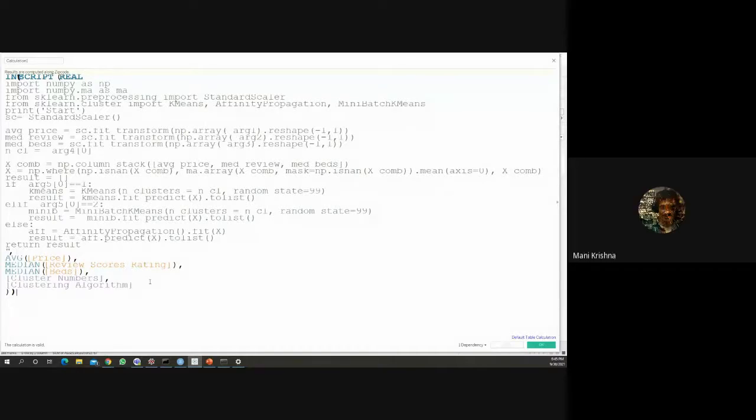So I have one more question. Can we include one supervised algorithm and one unsupervised algorithm? Can we combine like that, or can it be only supervised algorithms? See, the point is I have created a calculated field here. You can create n number of calculated fields, there is no restriction for that. But basically one sheet accepts only one calculation field at the moment because of this Python code.